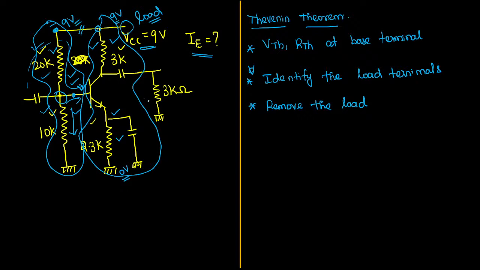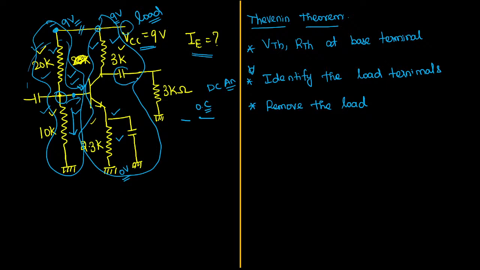Now this entire transistor is going to be removed because we have to remove the load. At the same time, one more thing, remove all the capacitors. All the capacitors are going to act as an open circuit when we are doing DC analysis. Since we are doing DC analysis only, later we will be dealing with AC analysis. This is the last lecture. From the next lecture onwards, we will be dealing with AC analysis. So in DC analysis,